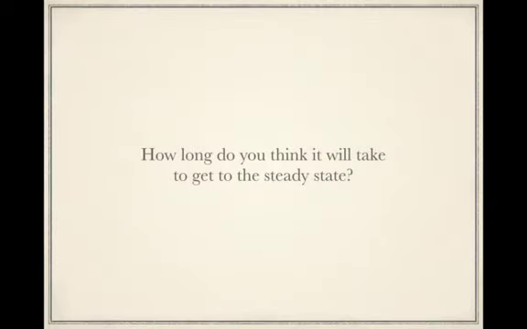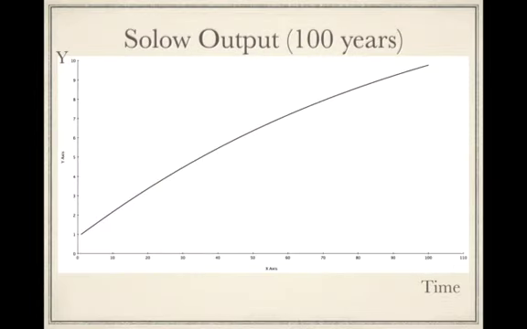Okay, so let's take up the question of how long it's going to take to get to the steady state. So that's where we left off last time. Hopefully you understand mechanically the pieces in here. So here I put time on this axis. In effect, what I did was in Excel, I just set it up exactly the way we've set it up, except I put it for years as we go along.